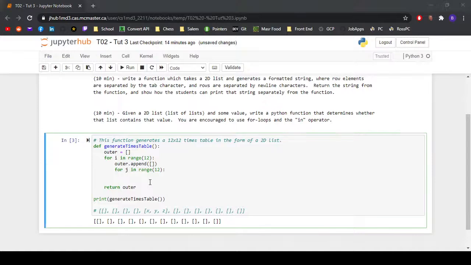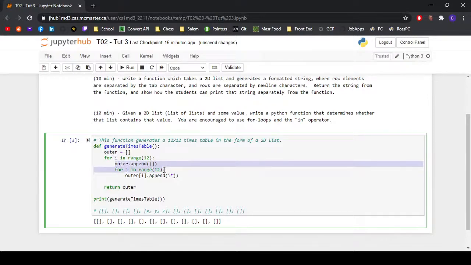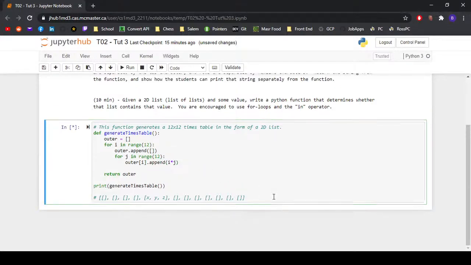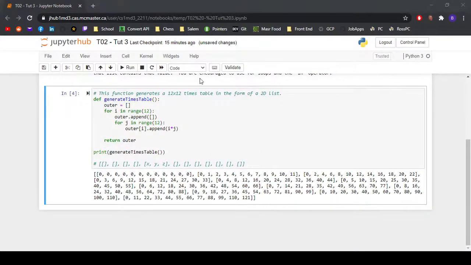So for j in range 12, which is our inner list, we're going to want to append the times table to each sublist that we're referring to. So we can do that by appending i times j. And you'll notice here that basically for every i, which means for every inner list, we're going to append i times j 12 times to it. And so j is going to go up for each i from 0 to 11. And so you see here, if we return what I have right now, we'll get something like that,